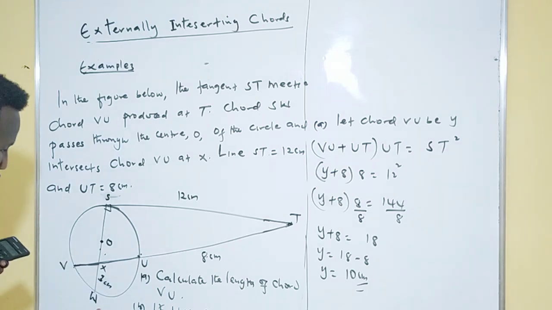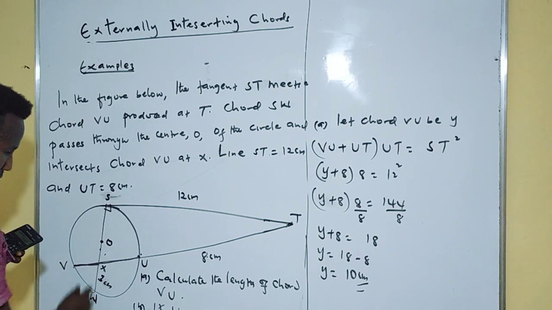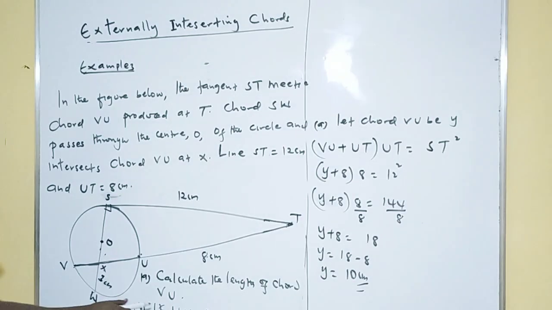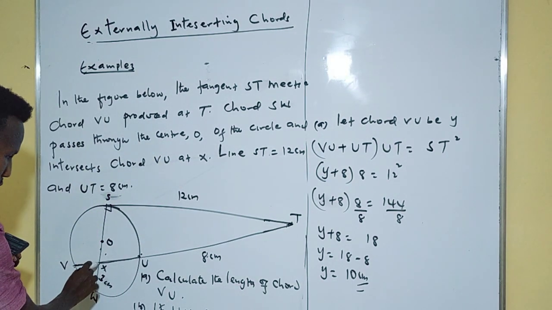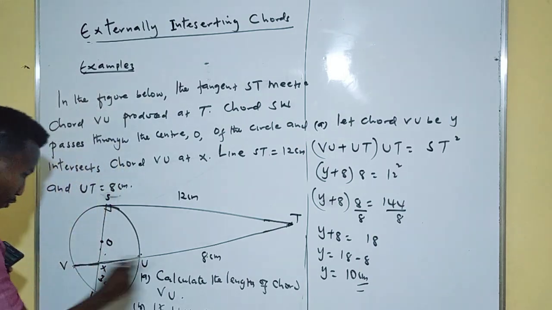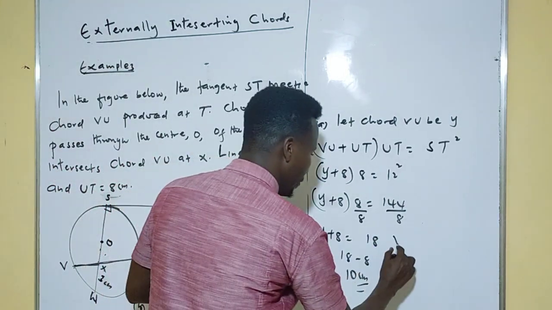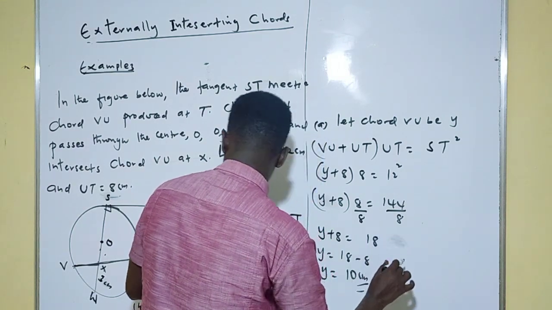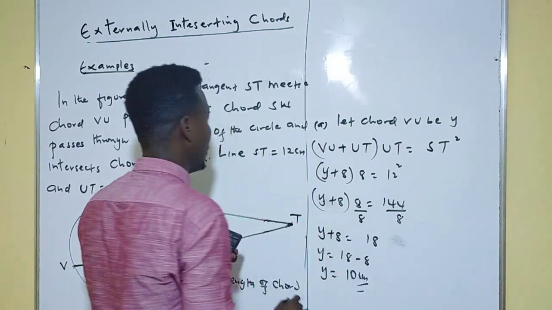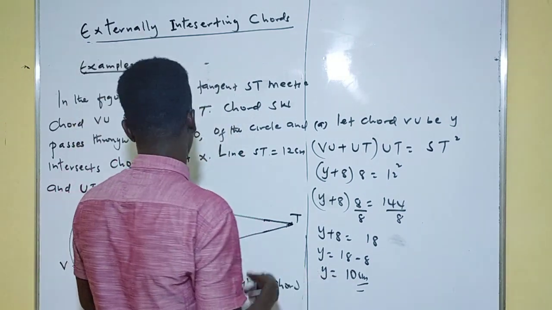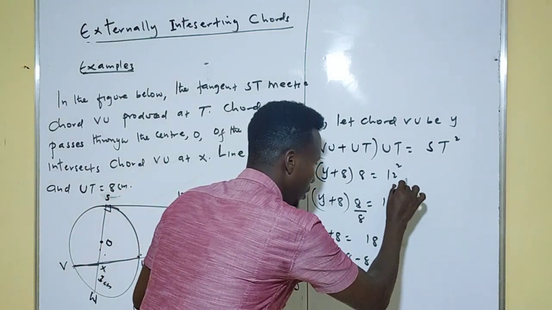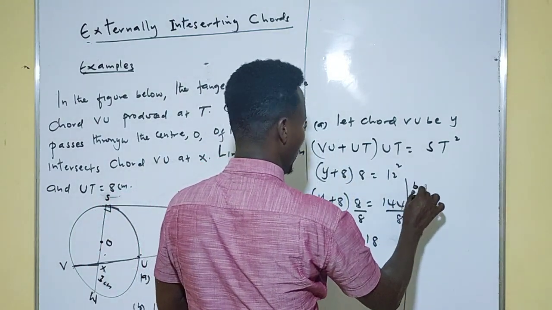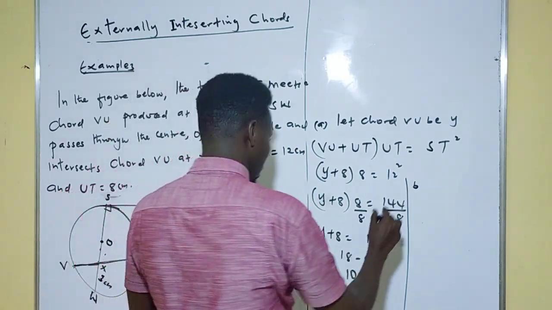Again, you're told if WX is 3 centimeter, and the ratio of VX to XU is 2 to 3. So remember, we have VU, which is 10. This was question A. Then we'll go for question B. So I'll write here B. You are told the ratio of